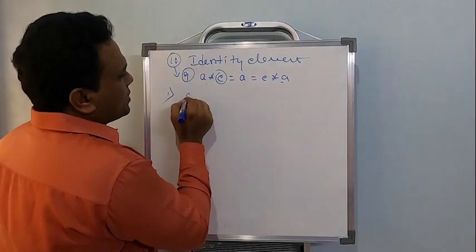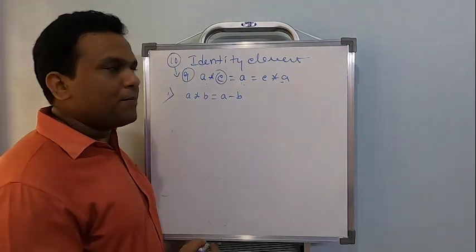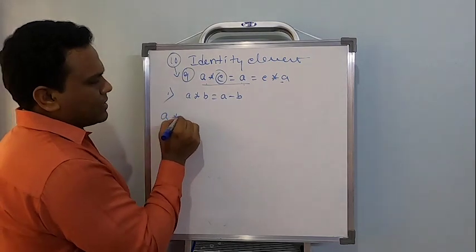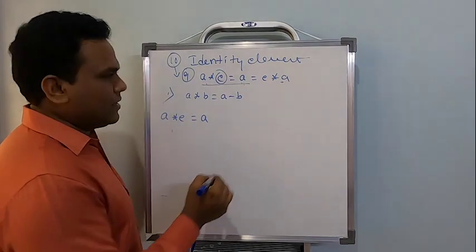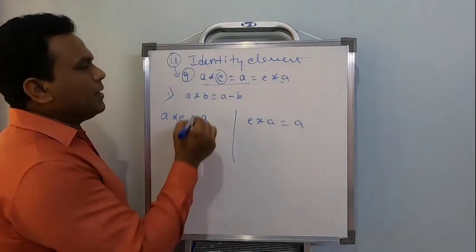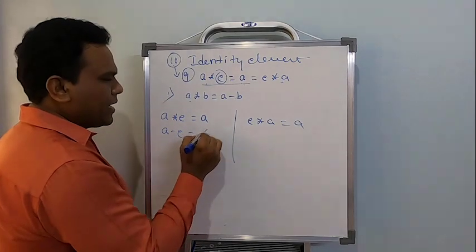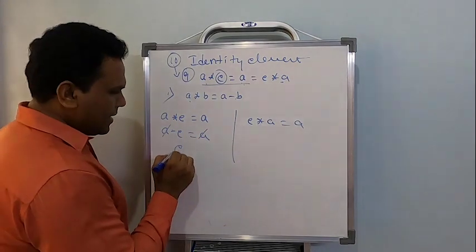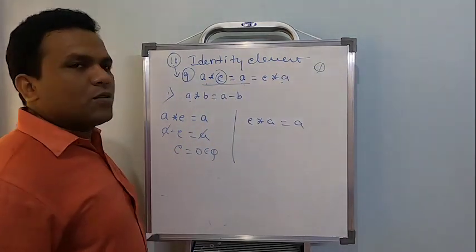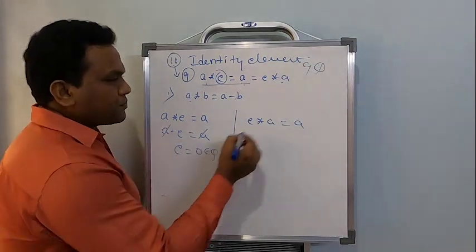Right. So the first problem is A star B is equal to A minus B. So let me start with one of the sides. A star E is equal to A. I will start with this. I have to check both ways, and E star A is equal to A. So A star E, by using this definition, should be A minus E is equal to A. Eliminate A from both sides. Clearly the E value will be equal to 0, which is a rational number. Remember, all the problems of 9 are based on rational numbers. Clear? Right. Now let's go here.